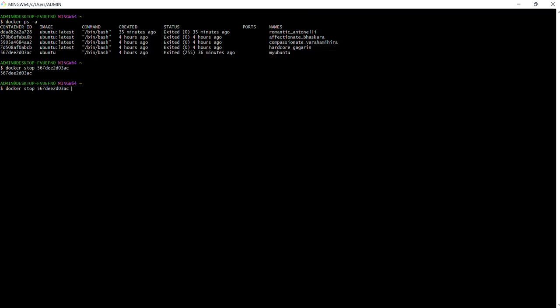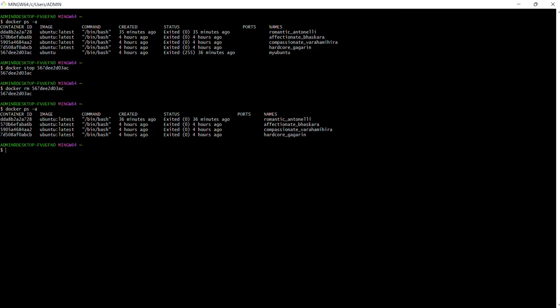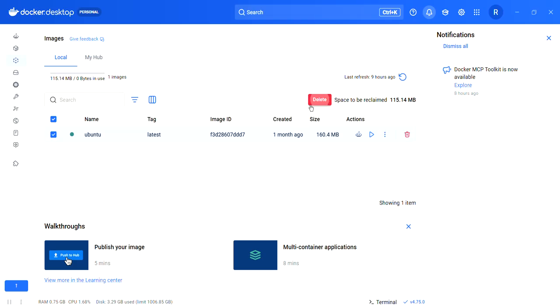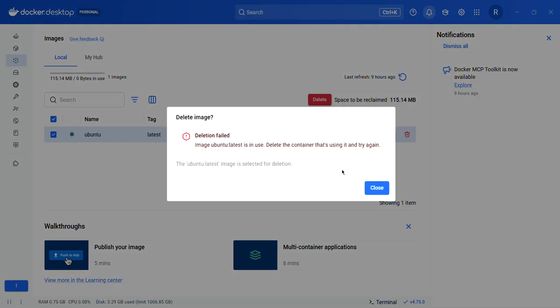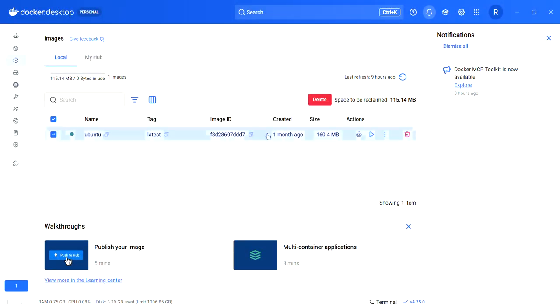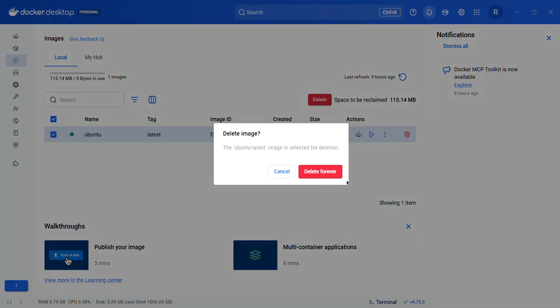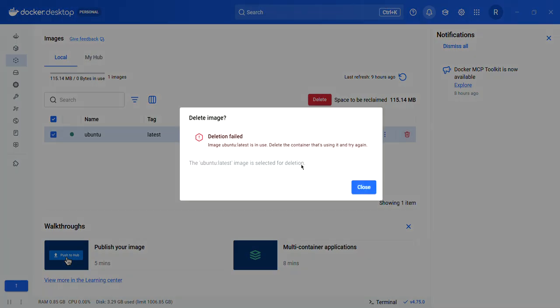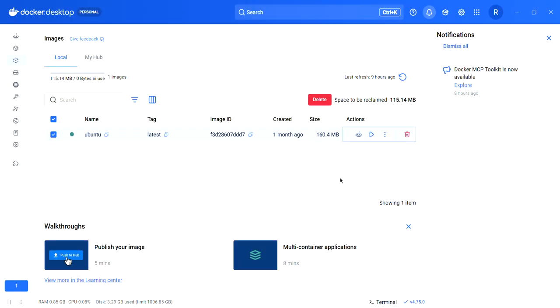Now I will go with the remove. Without a stop we can't go with the remove. Now you can see it has been done. Now come back here, just click on delete. Ubuntu image, Ubuntu latest is in use, delete the container.